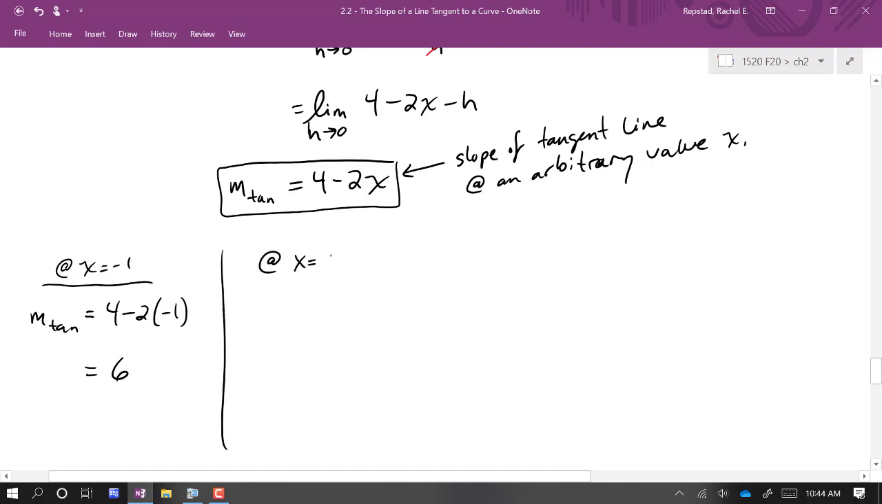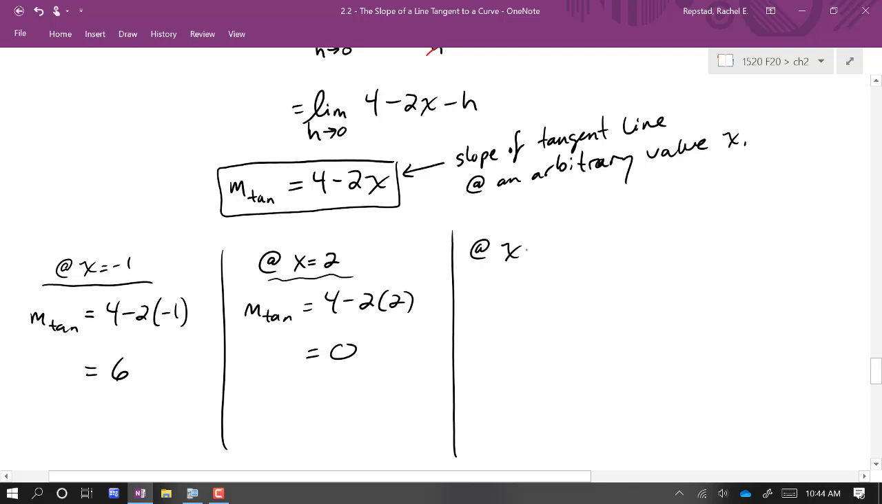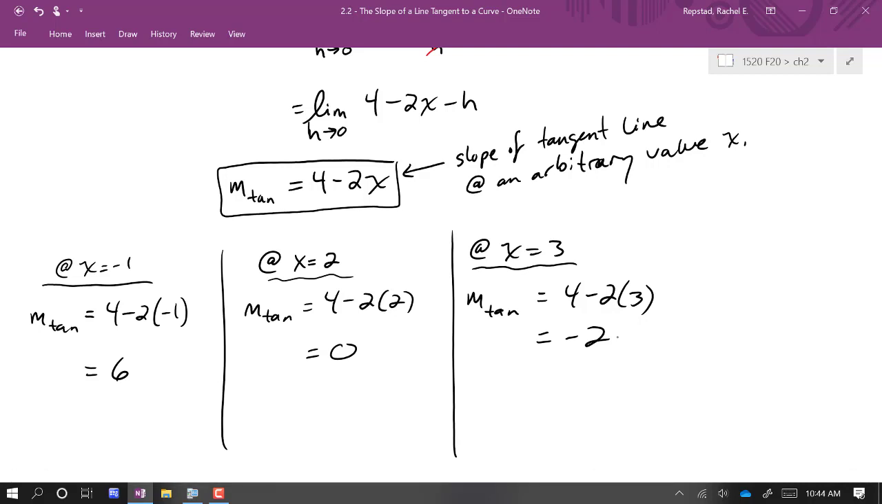At x equals 2, our slope is 4 minus 2 times 2, which is 0. And at x equals 3, our tangent slope is 4 minus 2 times 3, or -2. Now we can actually do a little bit more. I mean, we finished the example and what they've asked us to do, but it'd be great to